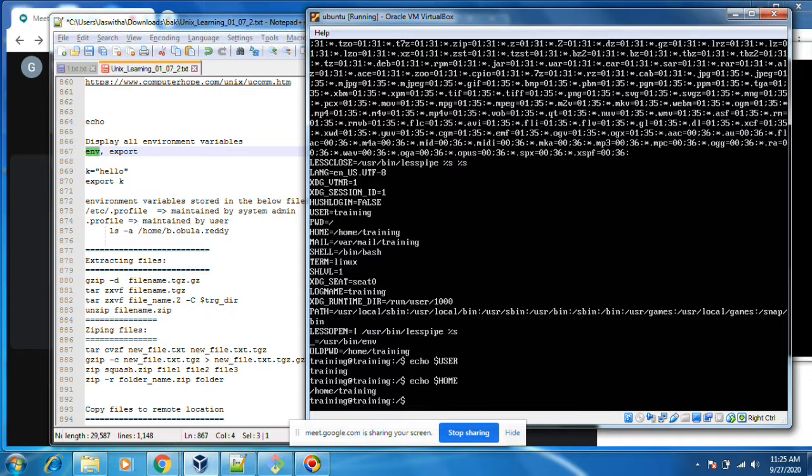Wherever you are, all these environment variables are accessible from any place. If I want to create an environment variable, how? You need to use the export command.